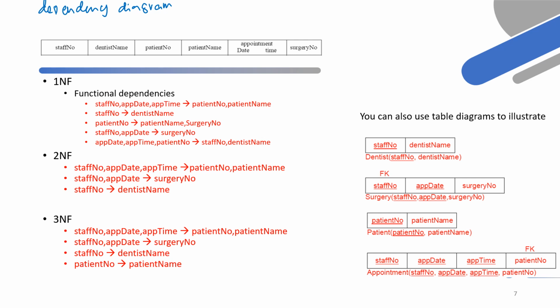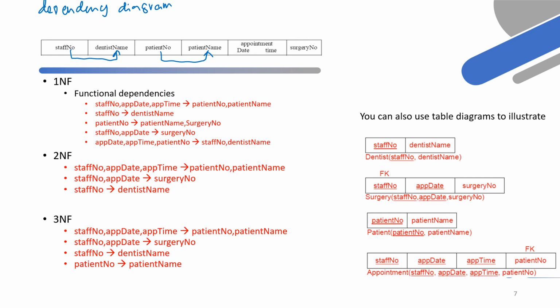So this is the original data given. To proceed with the first normal form, you are required to find the functional dependency. So from here we can check, a staff number usually can determine the dentist name, patient number can identify the patient name, and also